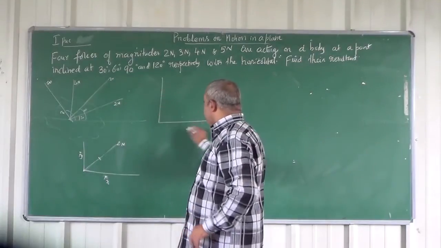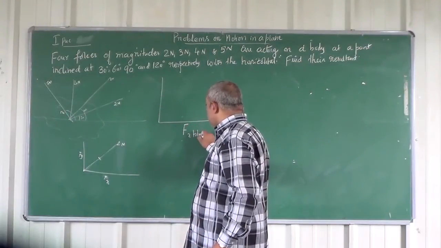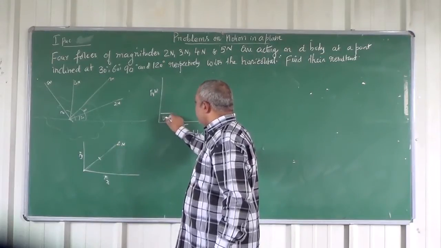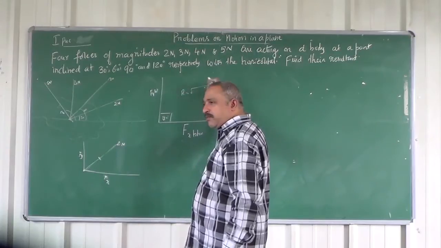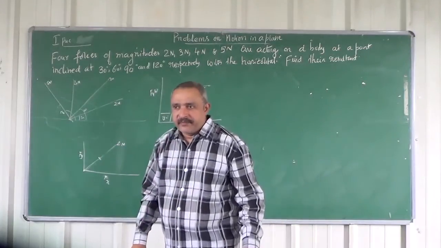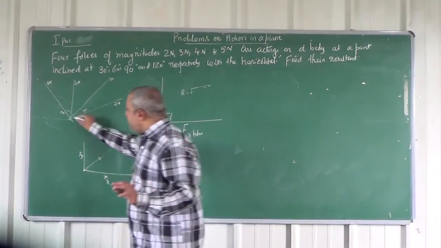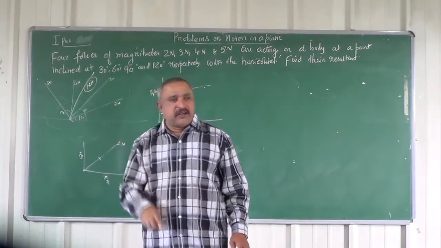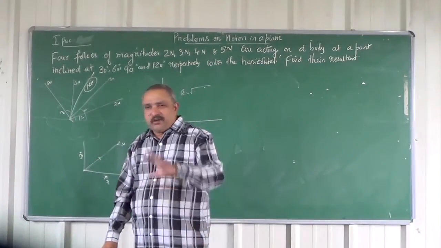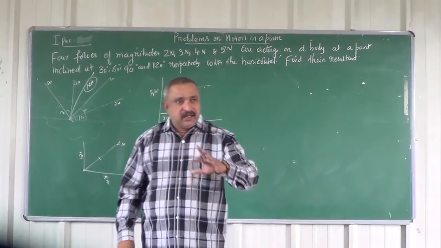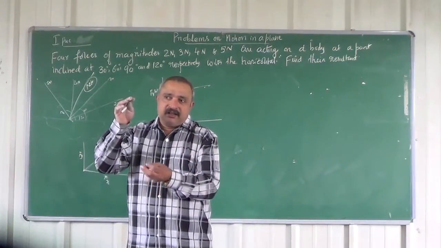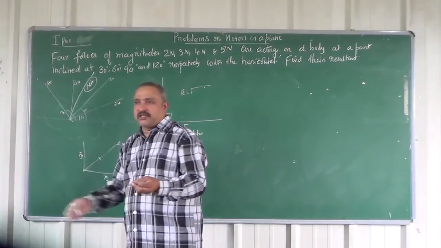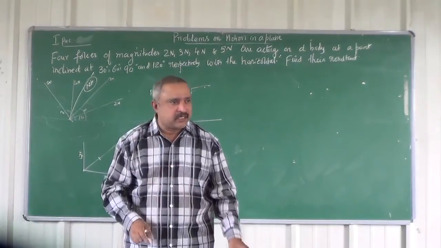Then the situation is, this is Fx total, and here you have Fy total, and this is 90 degrees. So then we use R equals root of P square plus Q square plus 2PQ cos 90 again. Then you will get the net force or the resultant force at this point. We don't usually call it net resultant. Net resultant means resultant of resultants. Here these are all just forces, so you need to have only one resultant, that's all.